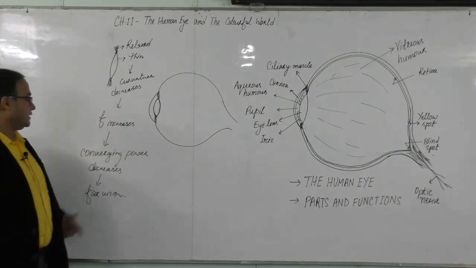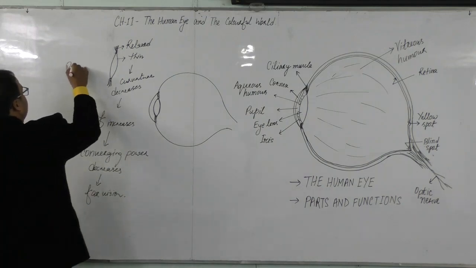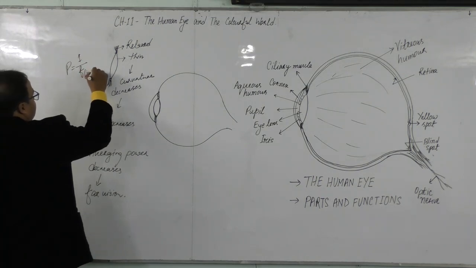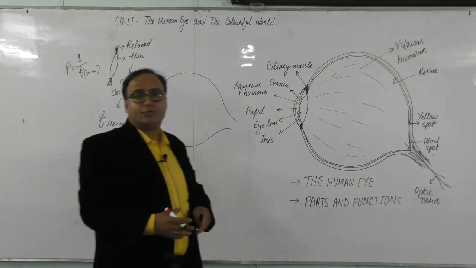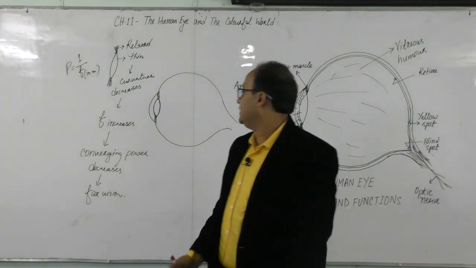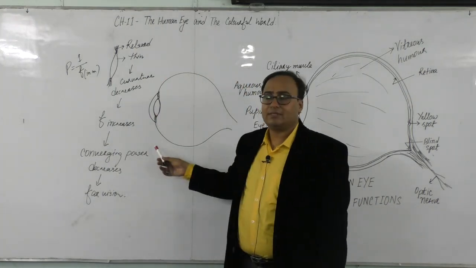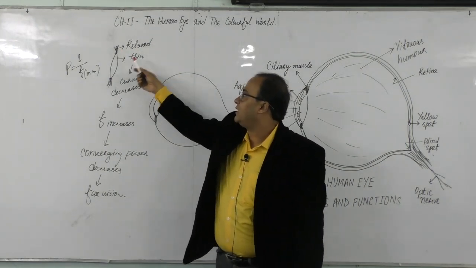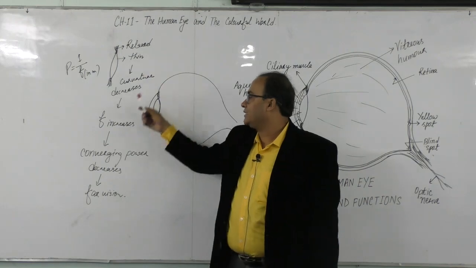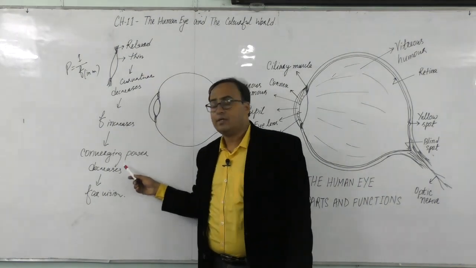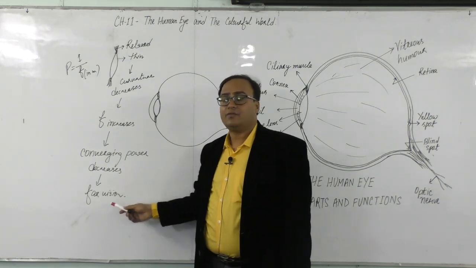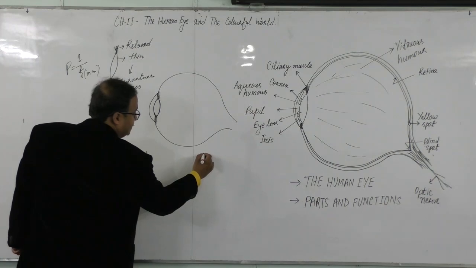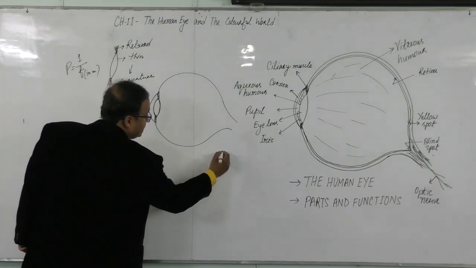Focal length increase होने से power decrease होता है, because the relation between power and focal length is P equals 1 by F in meters. So हम लोग जानते हैं कि लेंस का अगर फोकल लेंथ इंक्रीज होगा तो पावर डिक्रीज होगा. So एक बार इस सीक्वेंस को वापस समझ लेते हैं हम लोग. When the ciliary muscles get relaxed, the lens becomes thin, curvature decreases, focal length increases, converging power decreases, and that helps in far vision. अगर हम बोले कि आपको पास का चीज देखना है, in that case the ciliary muscles